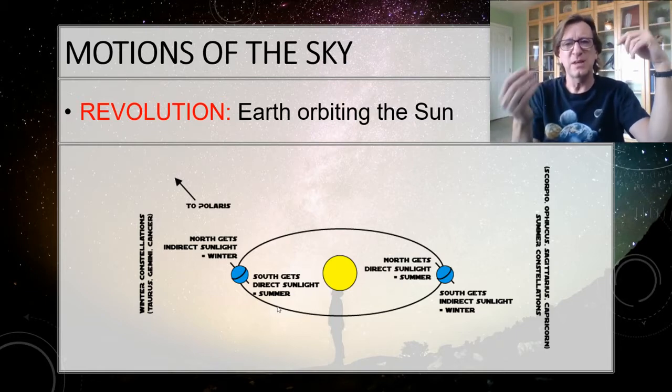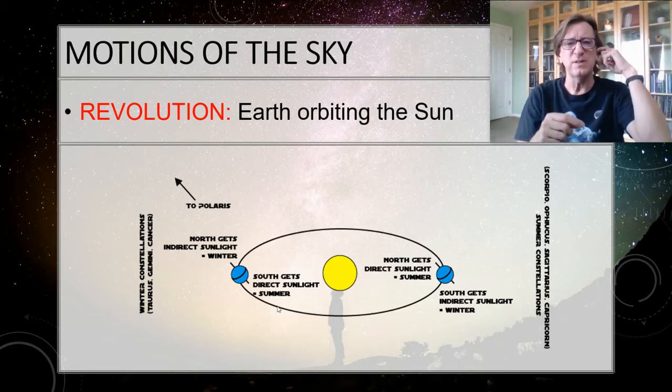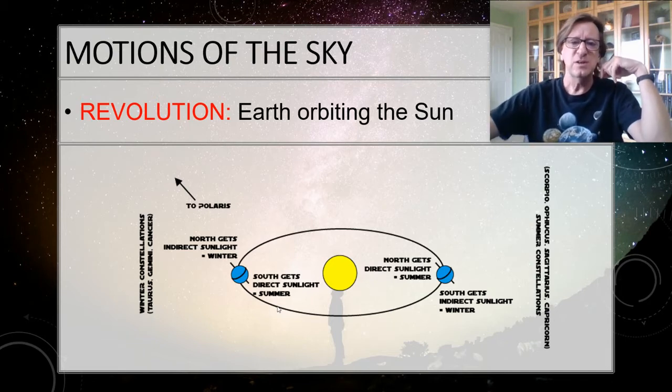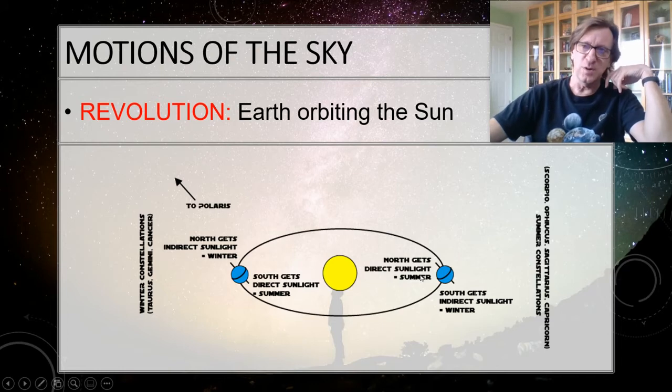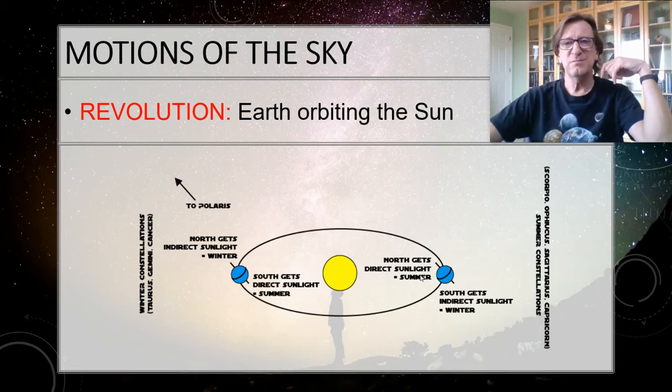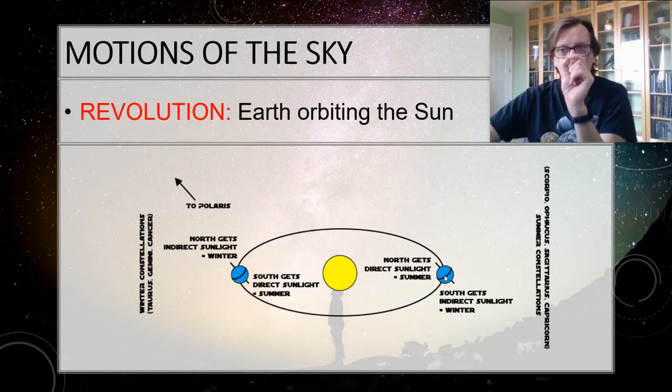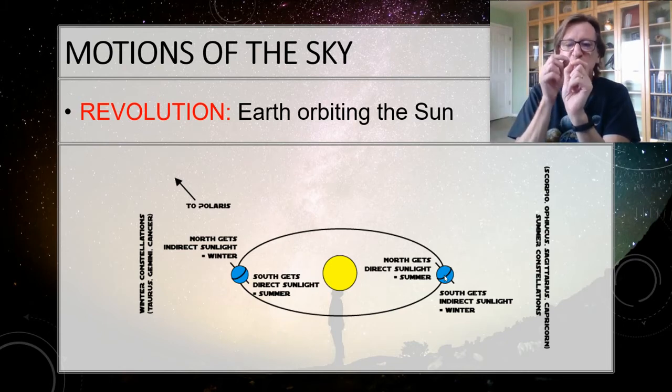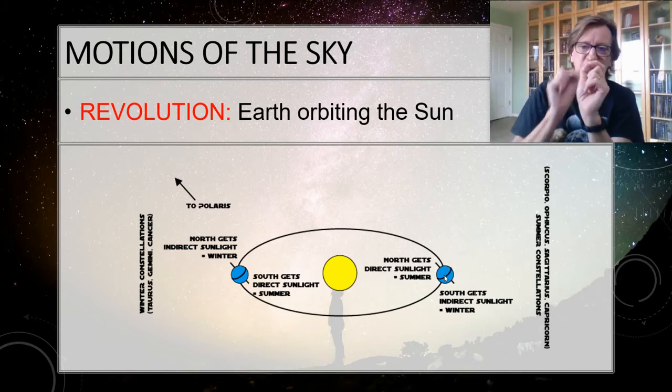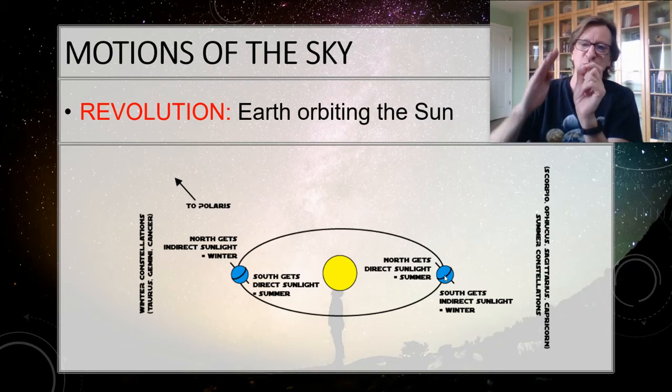Well, some people take it just a little bit farther, and they say, well, then no, it has something to do with the tilt. So maybe it's because when we're tilted towards the sun, we're closer. Well, no, not really, because this diagram here is not drawn to scale. If I were to draw this to scale with the sun this size and this distance, Earth would be less than the smallest dot that I could draw on this page. It would be tiny, tiny, tiny. And there's just no difference from even one side of the planet to the other side of the planet, much less just from some tilt.